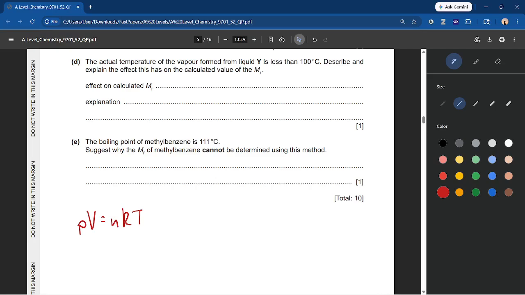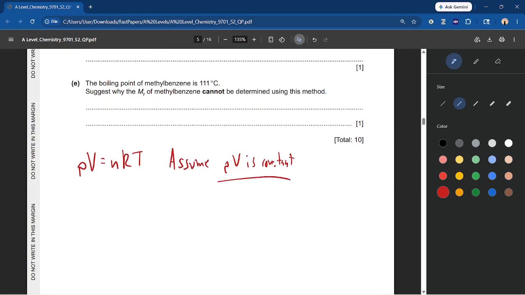So let's assume PV is constant. So if PV is constant and R itself is a constant,